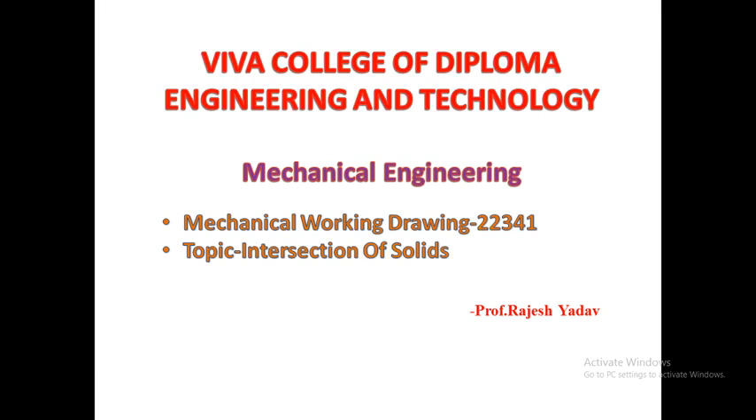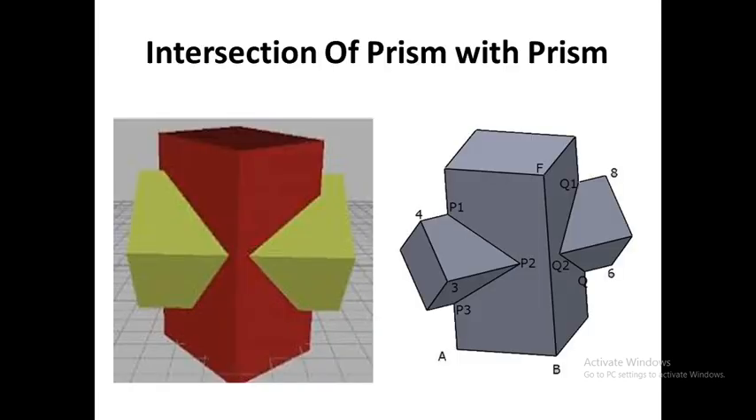In the previous lectures, we have studied the numericals based on intersection of a cylinder with a cylinder and intersection of a cylinder and a prism. In today's lecture, we will be solving a problem based on intersection of a prism with a prism. So the question is that we have here